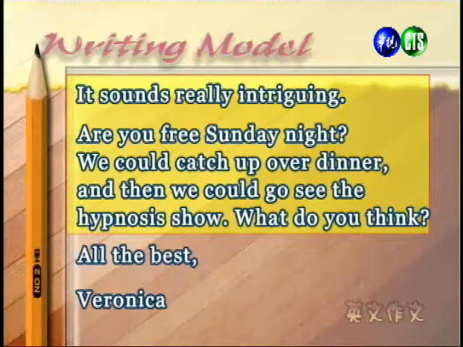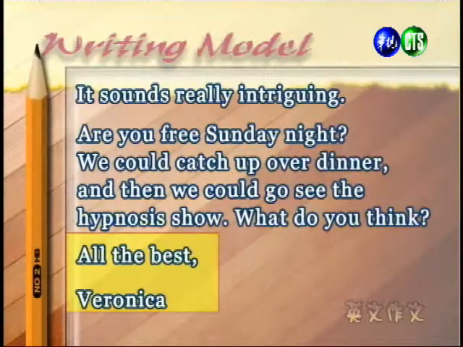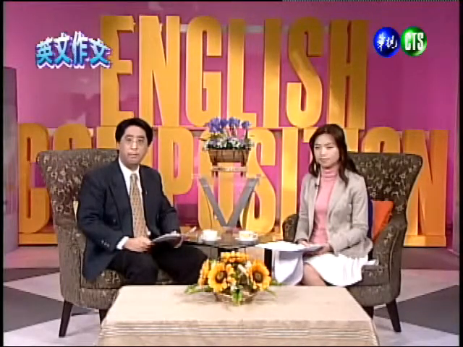And now she's going to begin her invitation to get together for dinner and to see the hypnosis show. 好，接下来她开始要把她邀请的意图说出来，包括要邀请 Betty 去吃晚餐，以及来看这场催眠表演。And so she writes, "Are you free Sunday night? We could catch up over dinner and then we could go see the hypnosis show. What do you think?" 好，她在信中就写到，你星期日晚上有空吗？我们可以在晚餐的时候碰头，然后再一起去看催眠秀，你觉得怎么样呢？All right, and at the end it says, "All the best, Veronica." And here Veronica is finishing the letter with a closing and then her name. 好，在信件的最后，你可以看到一个署名再加上一个问候语。我们知道它是在信件最后用结语的方式来结束这封信件。